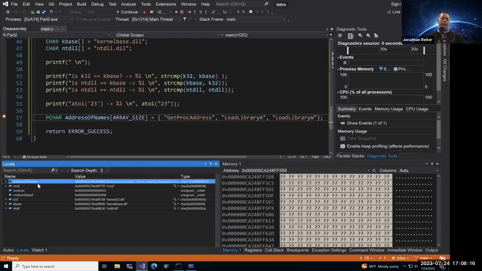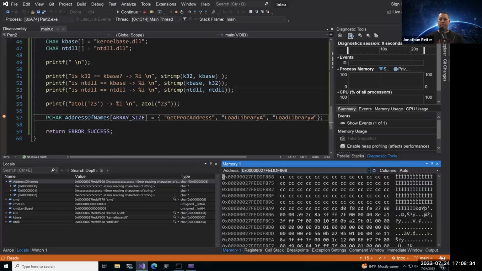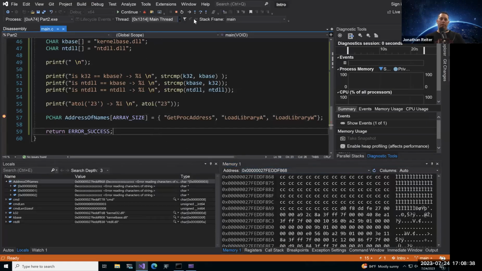And then the address of names variable is in your locals window. You can expand it, and right now it has garbage data. It's a bunch of C's. So let's type in the name of the variable in the memory window: address of names. A bunch of C's. We'll go ahead and step over that so we can see how that is filled out.